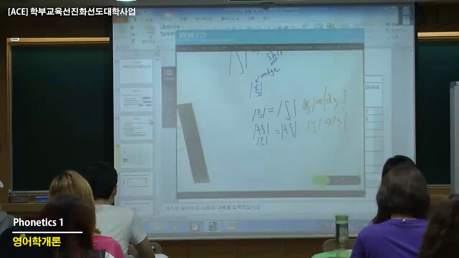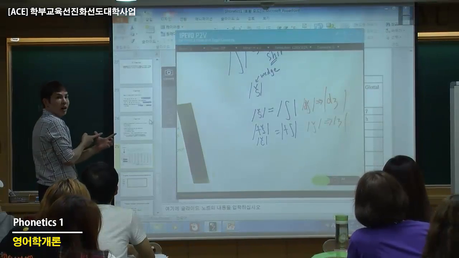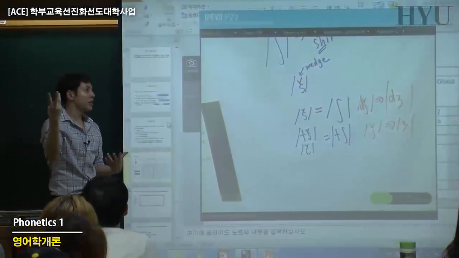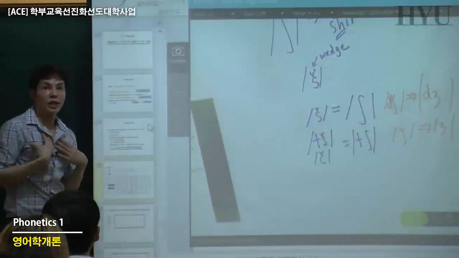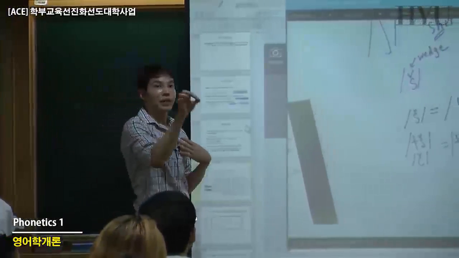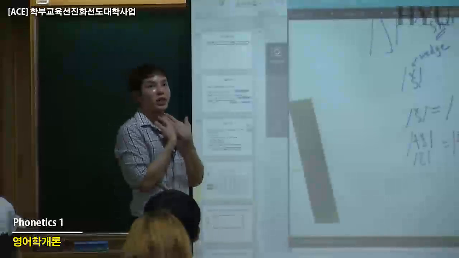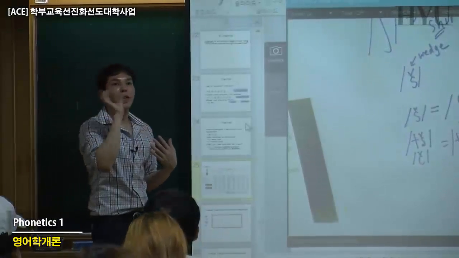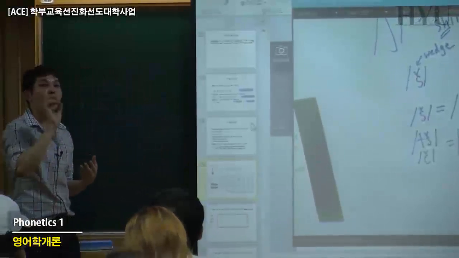So today we talked about how speech sounds are produced, right? There are 3 steps in the sound production process. The first step is the airstream process, right? You use the air from the lungs, the egressive airstream. And then the second step is the phonation, whether your vocal cords vibrate or not. The third step is different places in the mouth, how you block the air or where you block the air,